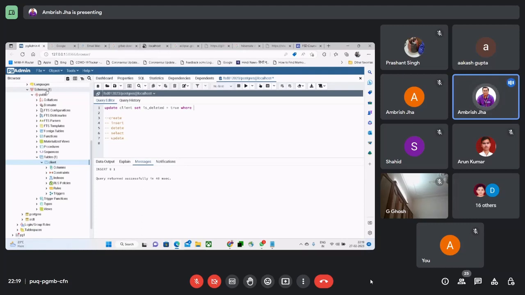अपडेट क्लाइंट सेट कॉलम नेम इक्वल टू कॉलम वैल्यू वेयर सम कंडीशन, लाइक मैंने बोला क्लाइंट आईडी इक्वल टू 1। यहाँ पर आपके पास मैसेज आ जाता है हाउ मेनी रोज अफेक्टेड, जैसे अपडेट 1 आया है तो इसका मतलब है एक रिकॉर्ड में अपडेट हुआ है। चेक करने के लिए हम सिलेक्ट कर लेते हैं सिलेक्ट स्टार फ्रॉम क्लाइंट।